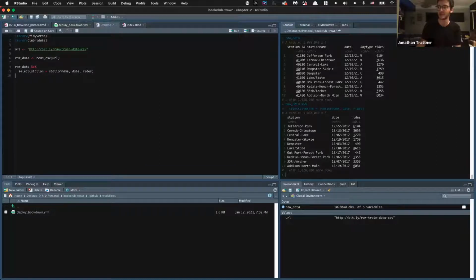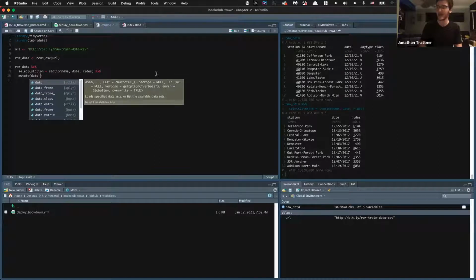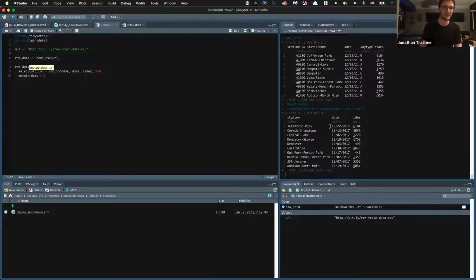We are now going to mutate. So again, the select and the mutate function are both in the dplyr package. Mutate is a really powerful tool allowing you to add a new column and replace existing things in existing columns. But for our purposes, we are going to replace existing things. So we're going to mutate the date column, and we are going to turn these character values, you can tell that they're character values because it says CHR here,